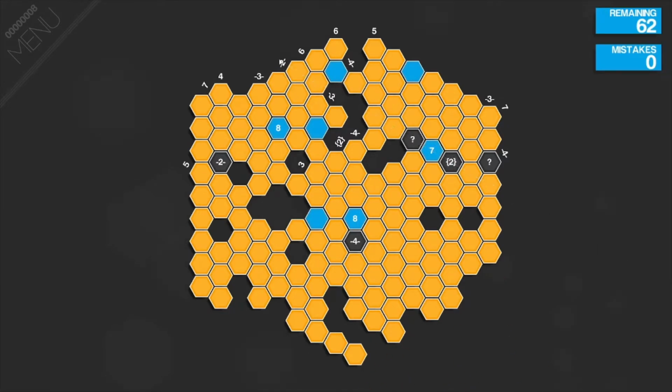And in doing so, we get this 2 with the brackets. The 2 with the brackets is the exact opposite of this 2 with the dashes. It means that there are 2 bombs surrounding this 2, and they need to be consecutive. So since there's a bomb here, they need to be either here or here. So both bombs are touching each other. So we can go ahead and open up the other cells that are not touching those, and in doing so